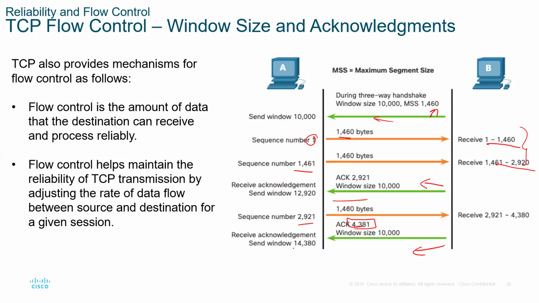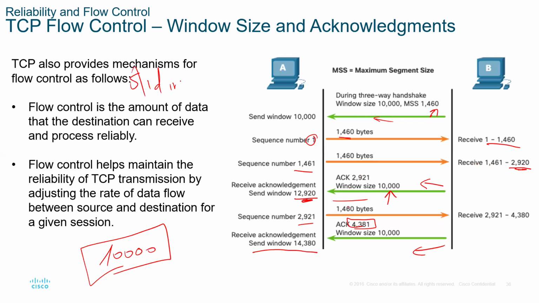It is what is used when we talk about loss and retransmission. Also take note of the window here. It's increasing. Why is it increasing? Since we want to keep the size at 10,000, if we have sent 2920, it means our window comes to 12,920. The window size stays at 10,000 because the send window is 12,920 and we have already sent 2920. This is where the sliding window comes out when we talk about the sliding window.